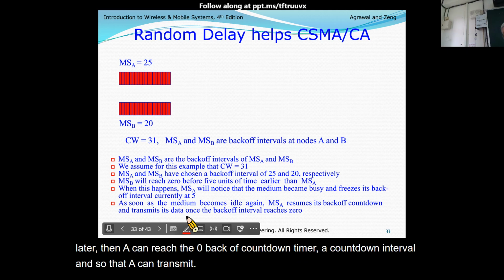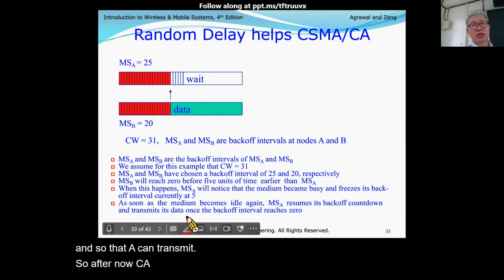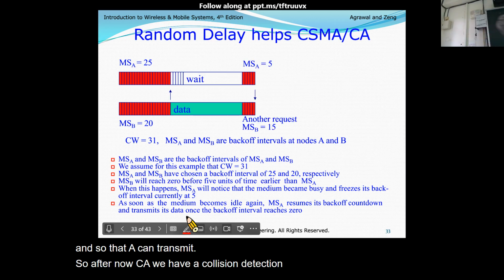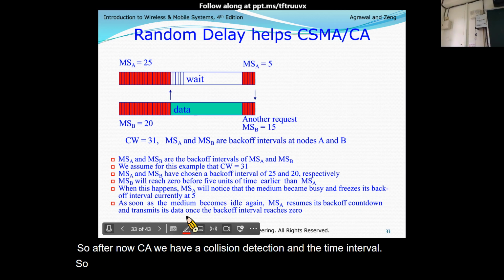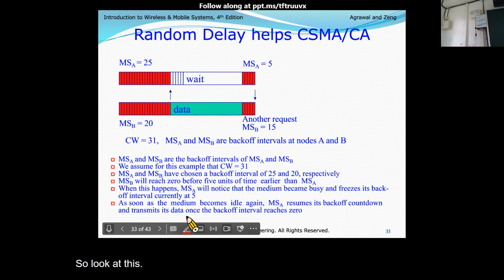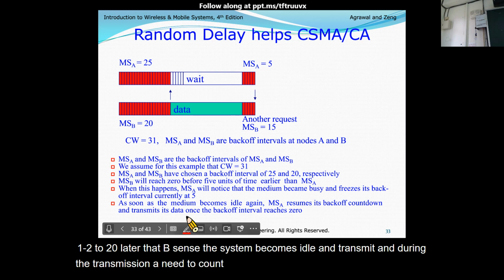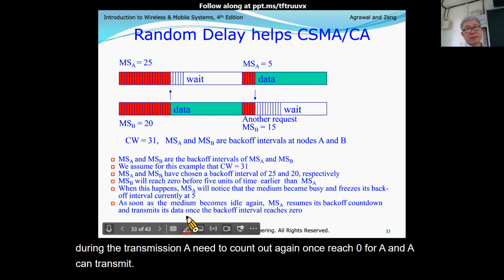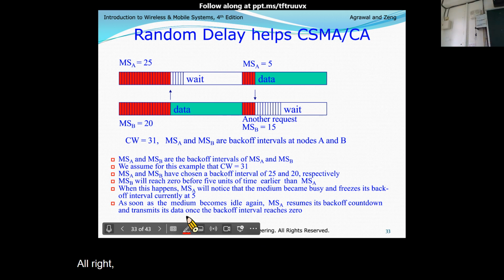So up to now, for CA, we have collision avoidance and the time interval. Look at this: 1, 2 to 20 later, B senses the system becomes idle and transmits. During the transmission, A needs to count down again. Once A reaches 0, A can transmit. So this is the backup countdown interval.